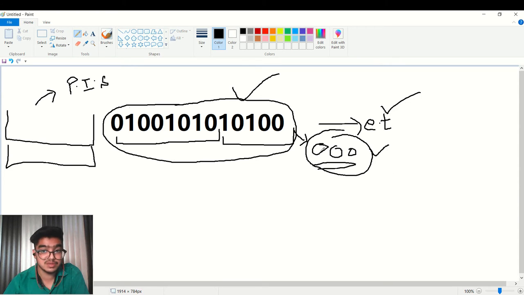In that case, we are using 3. So we have to write something like 00000011, which means 3 in binary.